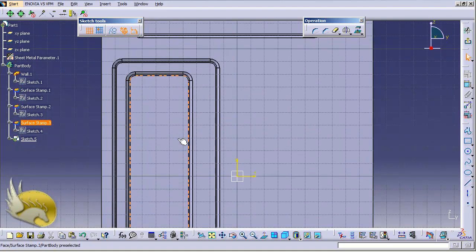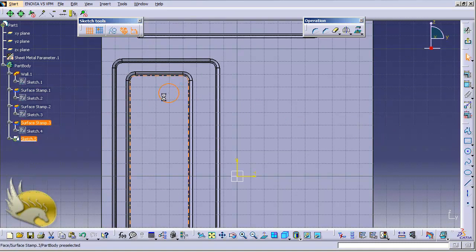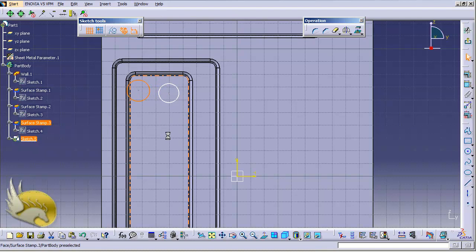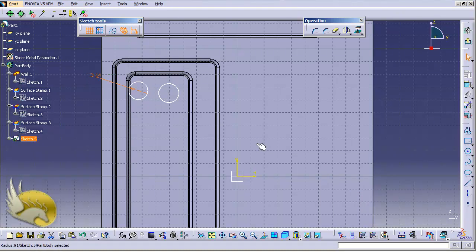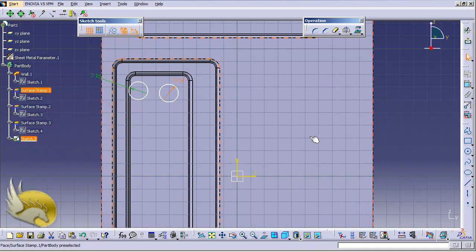I just want to draw 2 circles, and these 2 circles are here and here, and they should be 7 millimeters in radius. That means 14 millimeters of diameter, and this one is also 14 millimeters in diameter, and their center is